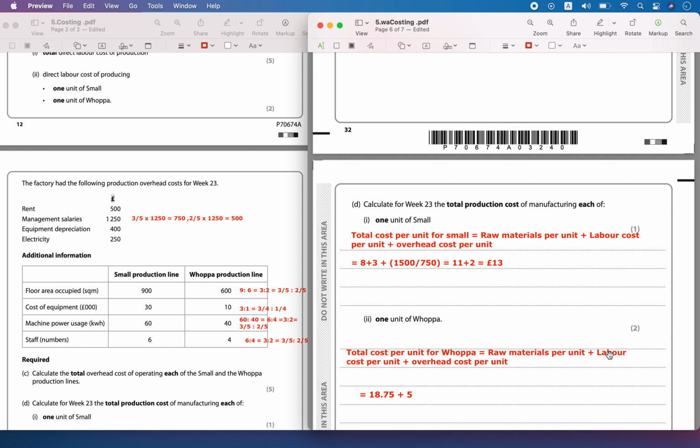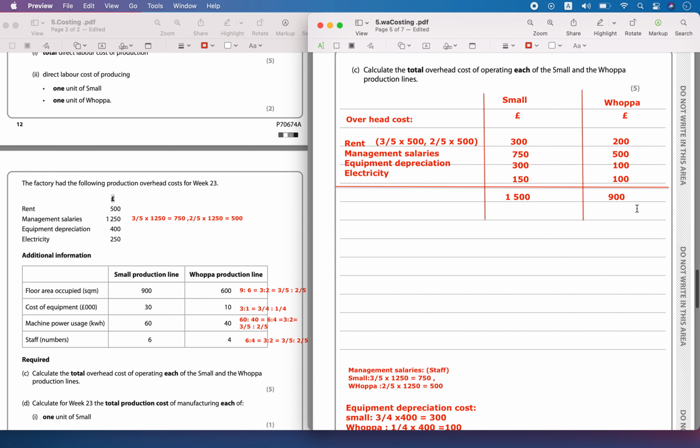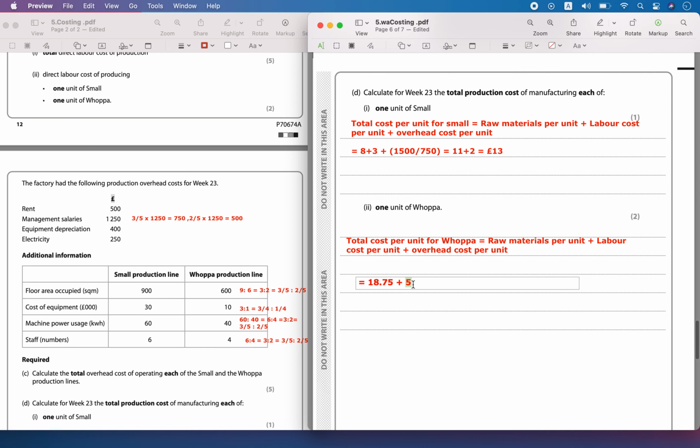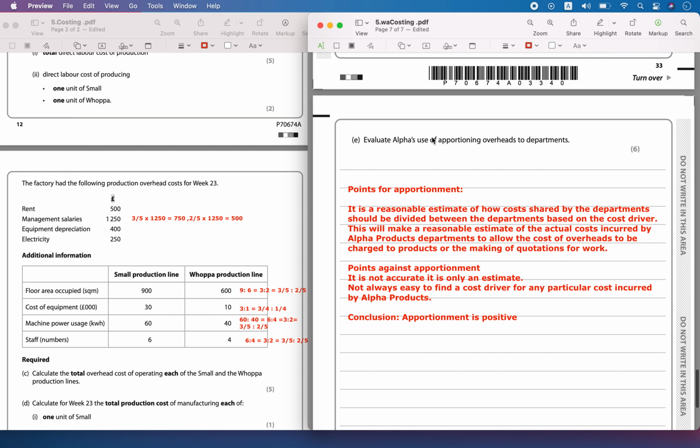Whereas for the WAPA, we had the raw material per unit cost and labor cost. Now the overhead cost was 900, and per unit we have to calculate. So that is equal to 900 divided by the 300 units that were produced. So the total is 26.75 pounds. So now these are the total cost per unit. Then evaluate alpha's use of